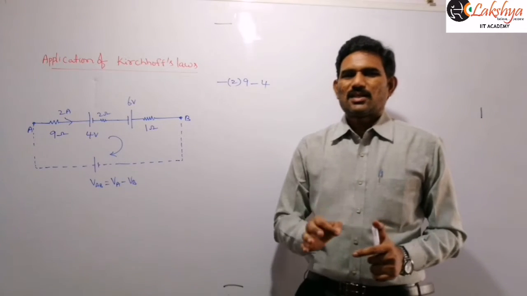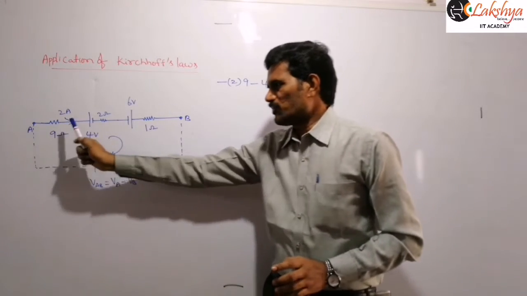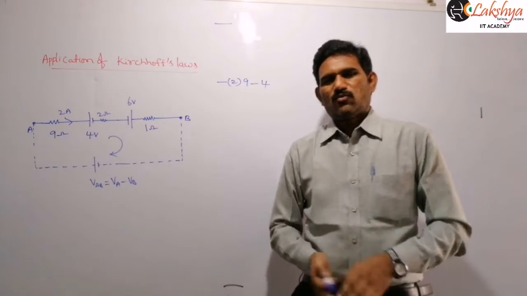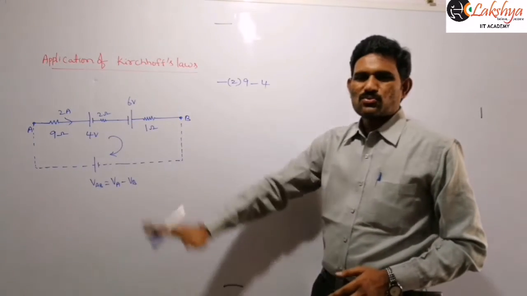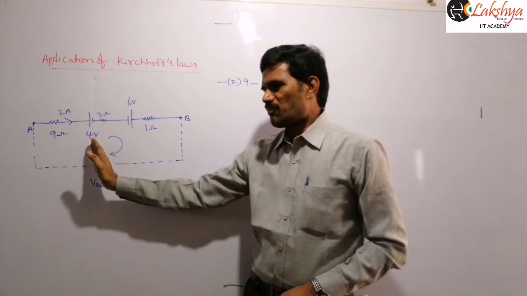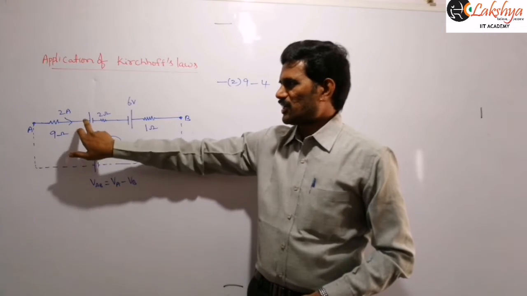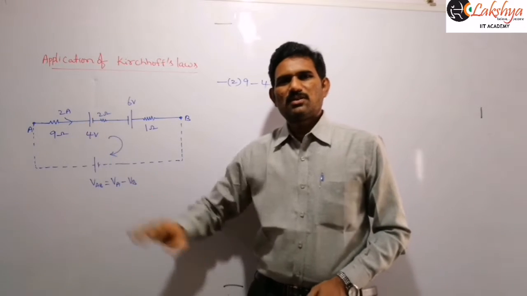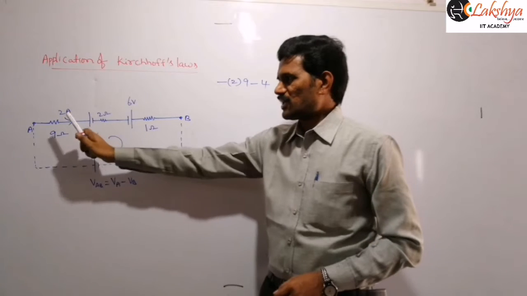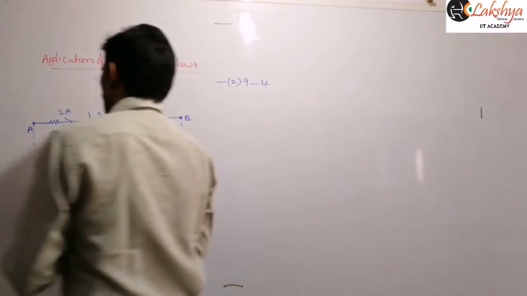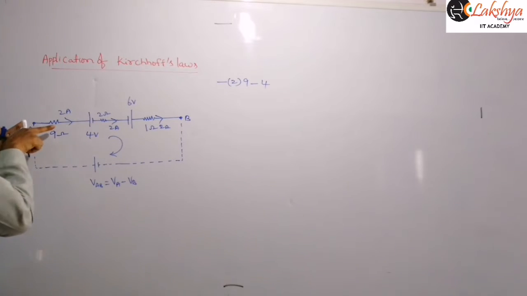So simply there only one path is there. When one path is there, that means from A to B only this is the path available here, right? When only that is the path available, the current flowing in that path will be only 2 amperes. Whether here a cell may be connected or any other resistance may be connected, or a cell may be connected with the positive terminal on this side or the negative terminal on this side. Got it? If only this path is there, if here current is given as 2 amperes, so everywhere you need to take the 2 amperes current only. Got it? Because only one path is available.